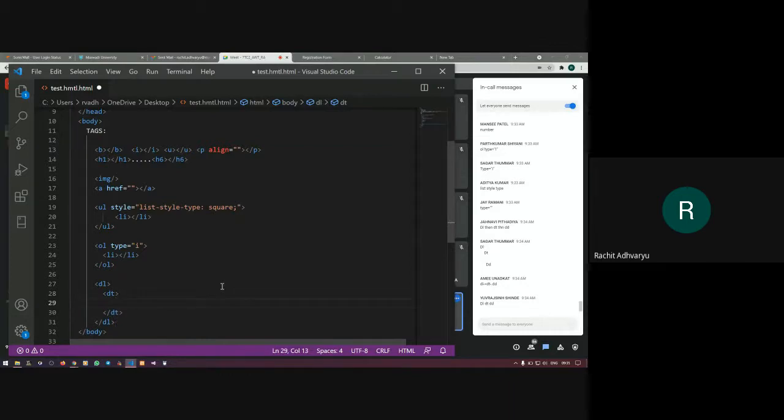Let's see. Is it Janvi and Yuraj? Okay, everyone is saying this one. So what is the full form of DT, guys? Come on. What is the full form of DL, DT and DD? Tell me. What are the full forms of DL, DT and DD? DD will be in DT. Yeah, it is right.